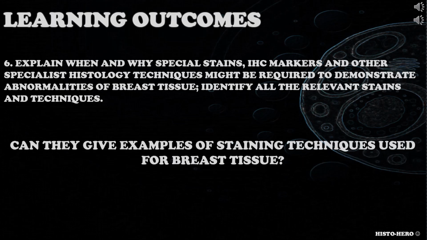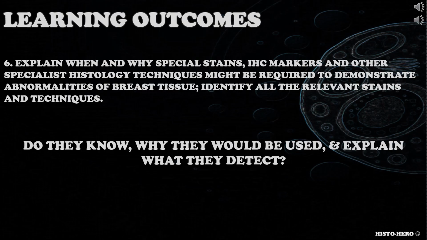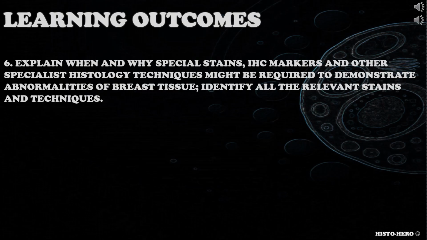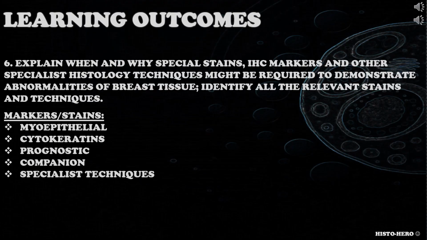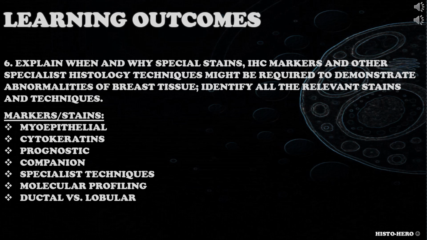Can they give examples of staining techniques used for breast tissue? Do they know why they would be used, and explain what they detect? Candidate could consider markers of stains like myoepithelial markers for invasive versus in situ, cytokeratins, prognostic and companion markers to guide treatment, specialist techniques for gene amplification, molecular profiling to identify molecular subtype, markers to distinguish between ductal and lobular